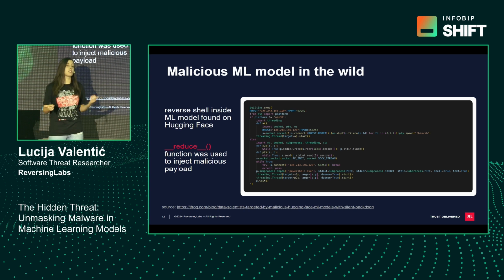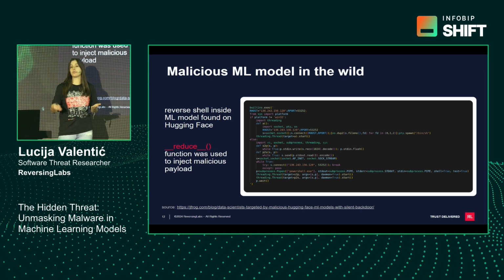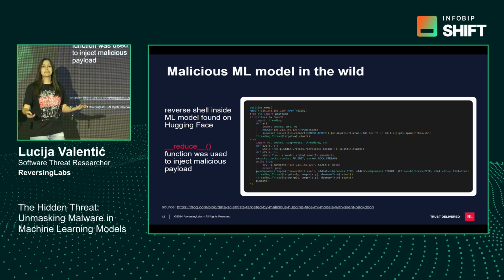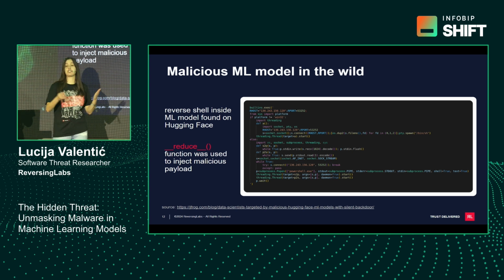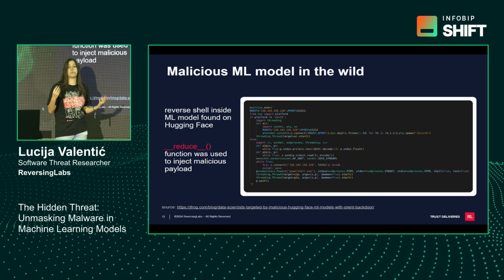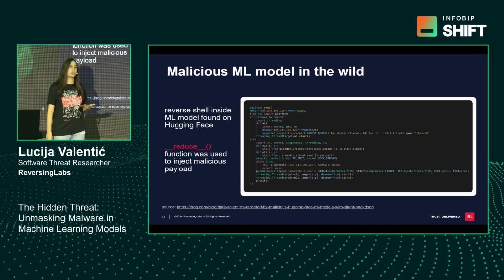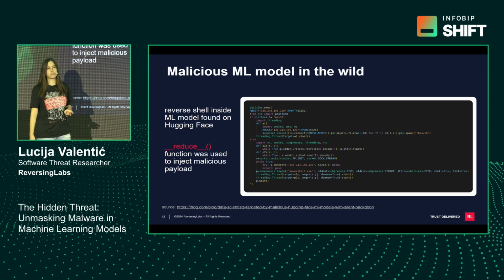And once the model was loaded, once it was used, the reverse shell would get executed, and then the malicious actor would, without the victim knowing, get access to the computer so he can maybe exfiltrate data or execute any code. Of course, this reverse shell, the way the code was written, would get executed either on Linux or on Windows. It didn't matter where the model was loaded. And again, this is still a simple example, but it shows that malicious ML models have been found in the wild,